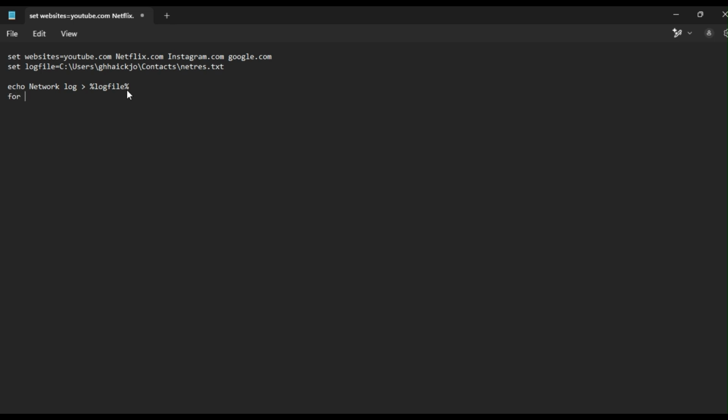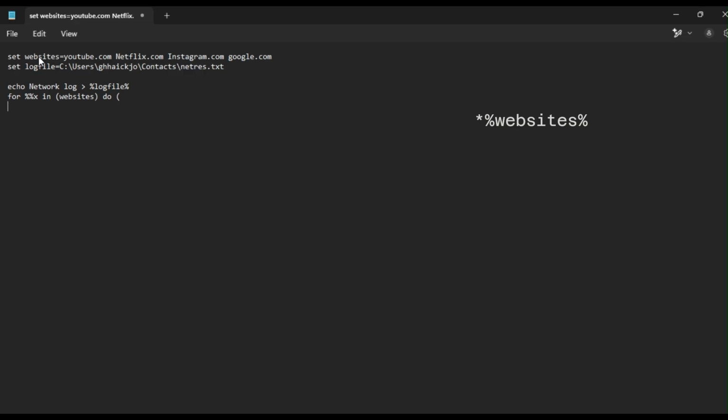So we're going to loop through our array and then ping all the IPs one after the other and then return the response. Okay, so you would use the keyword for, which I'm sure you probably are quite conversant with. Okay, so for, and then you're going to do percentage, and then the placeholder I'm going to use percentage x. Okay, is a syntax, and then the array. So for placeholder in array, so the name of our array is websites, and I'm going to say do,